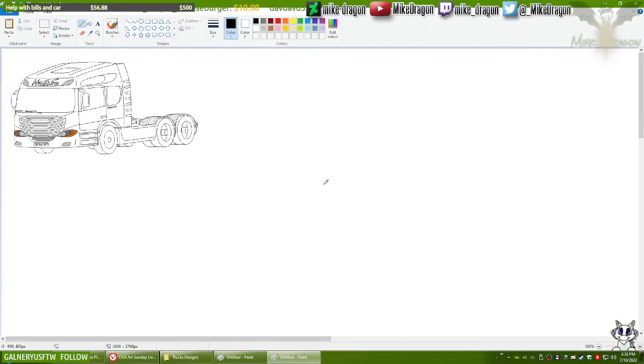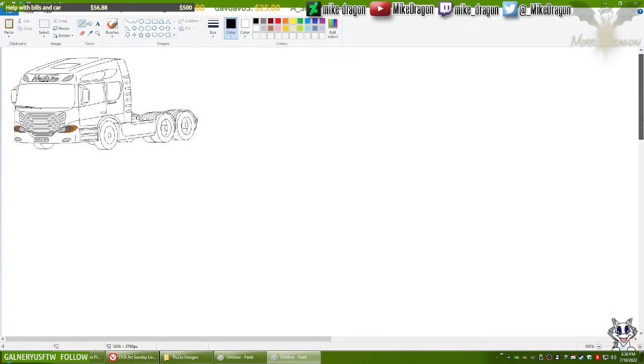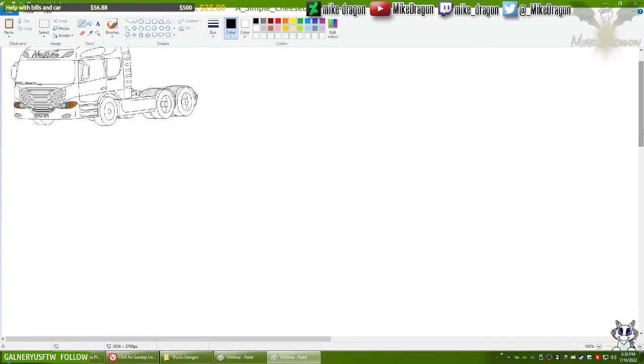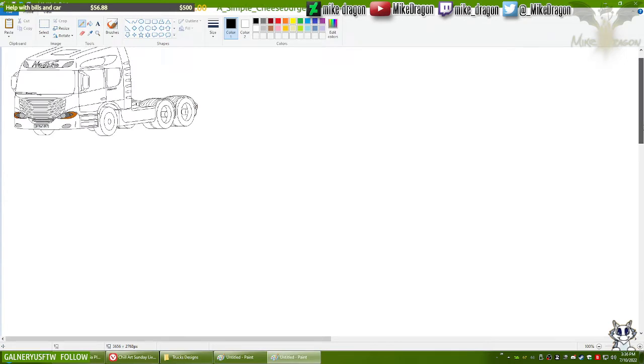I think I'm going to start with the. I have no idea where to start with the sketch. Let's start with the bumper. Actually, no. Let's start with the headlight. I think I'm going to start with this headlight over here.